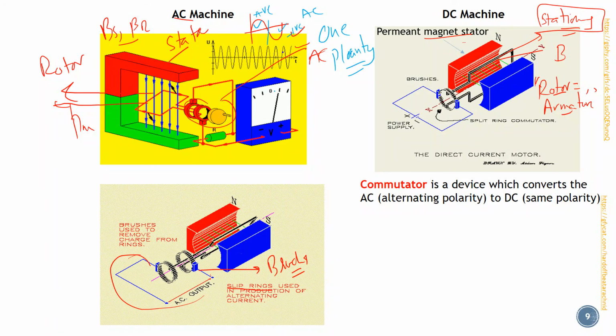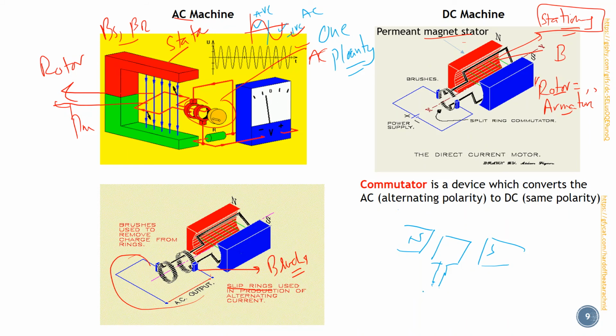So basically what is happening here is that we use slip rings. For the first half of the cycle, for example, if this is my permanent magnet and I place my armature here, and this armature is rotating, we connect the slip rings. For half of the rotation we will get the positive polarity, then for the other half of the rotation we will get the negative polarity. That is your AC.